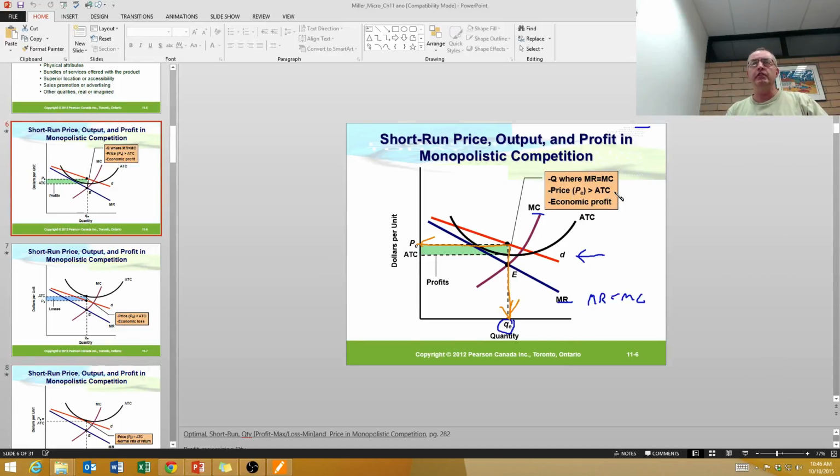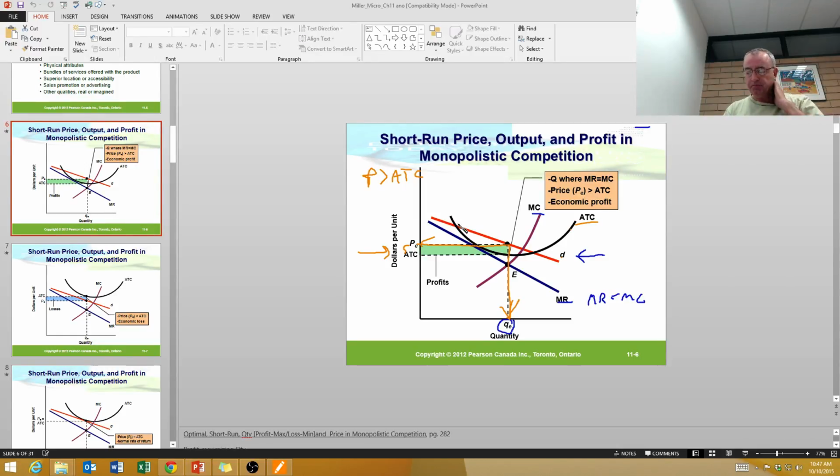So just as in monopoly, monopolistic competitive firms are capable of earning an economic profit. So if the price is greater than average total cost, here's our average total cost curve right here, the black line. Here's our price on the demand curve right here. So we can see this difference between price and average total cost is positive, and so monopolistic firms can earn